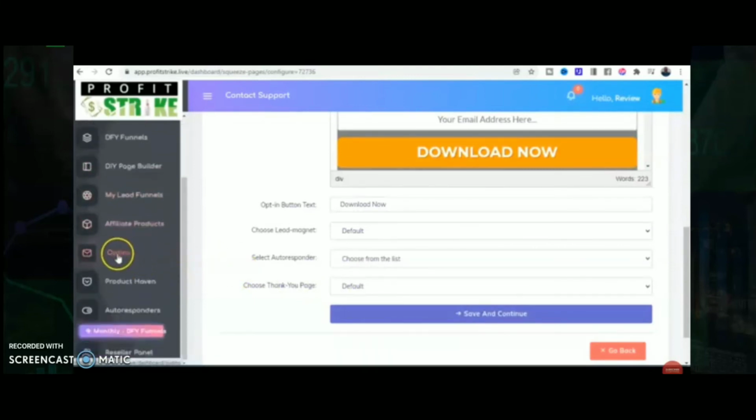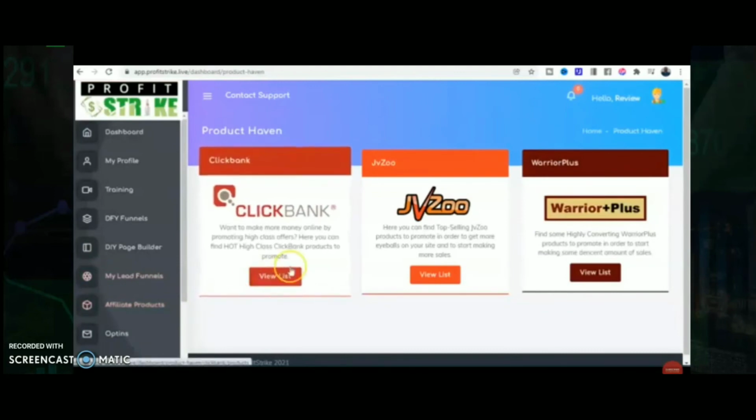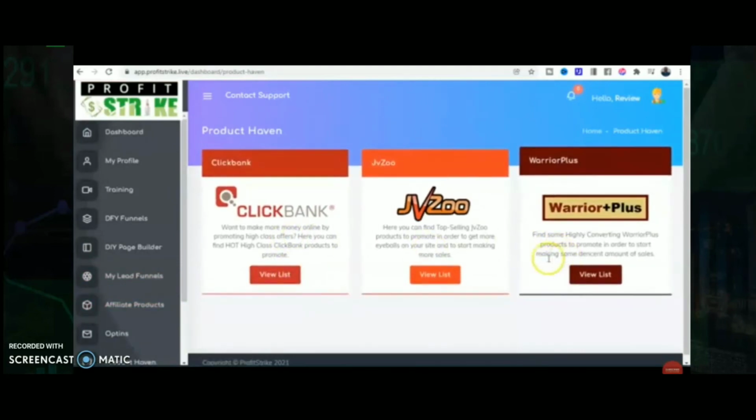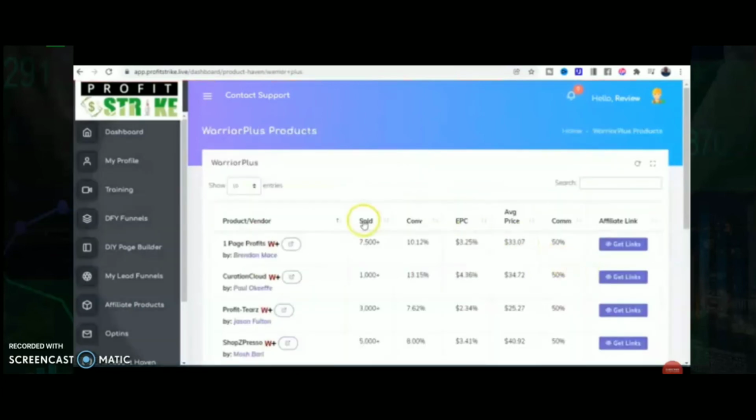The other one, I'm not going to spend time on the opt-ins because that's just the people who have opted in. You can either get straight into your autoresponder or you can just download it from here. But what's really interesting is the fact that you can choose the products from here. We've connected into ClickBank, JVZoo and Warrior Plus, and you can see the products.